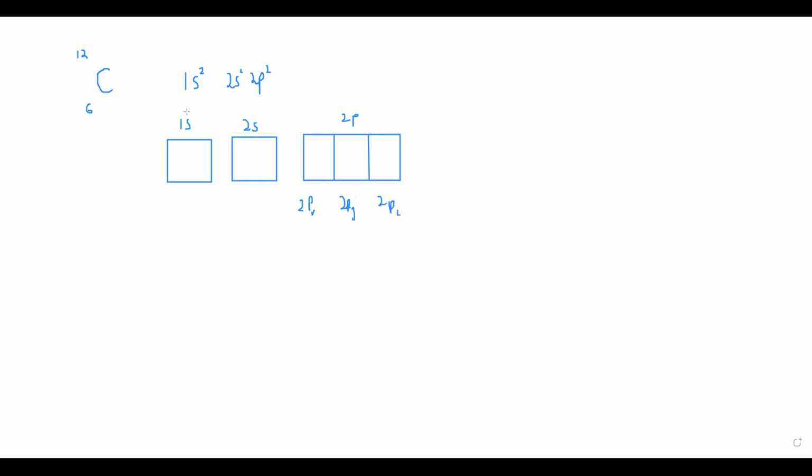Now what happens when we show the electrons? 1s has 2 electrons, 2s has 2 electrons, and 2p has 2 electrons only. But because the energy of 2s and 2p is comparable, in the same order, one of the electrons present in 2s will jump to 2p. So when this electron jumps to 2p,